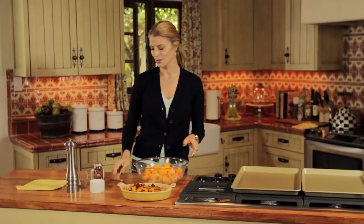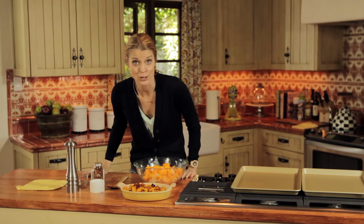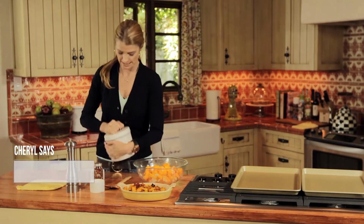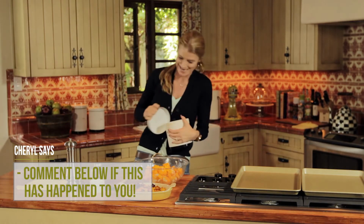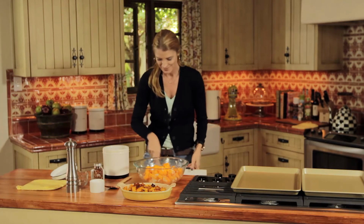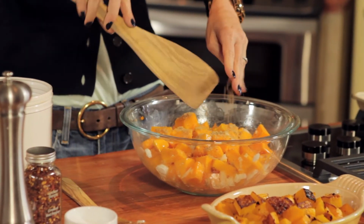My 2 secret ingredients, and I don't have one of them. It is brown sugar. That's what you say, mise en place is not in place. None of my stuff is in place, and I can't even get the thing open. Okay, so I'm going to add just a little bit of brown sugar, because the brown sugar is not to